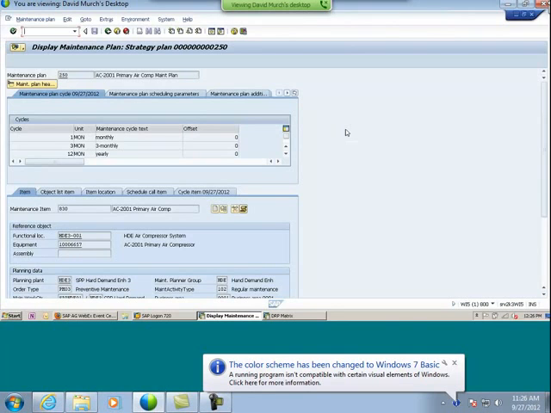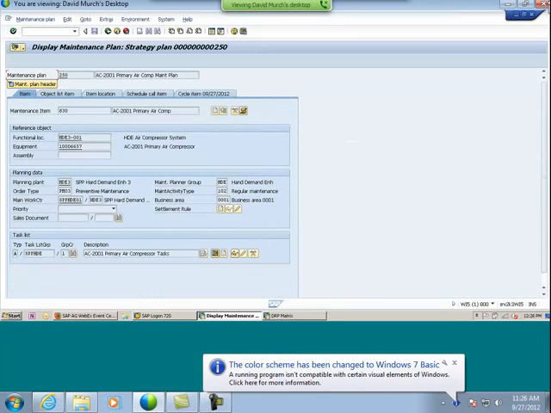First of all, this is a strategy-based plan. We're using a calendar-based strategy plan as a guide for this. We're also working with single cycle plans and other types of strategies. As you can see, this particular strategy plan has multiple frequencies and a very simple maintenance item.